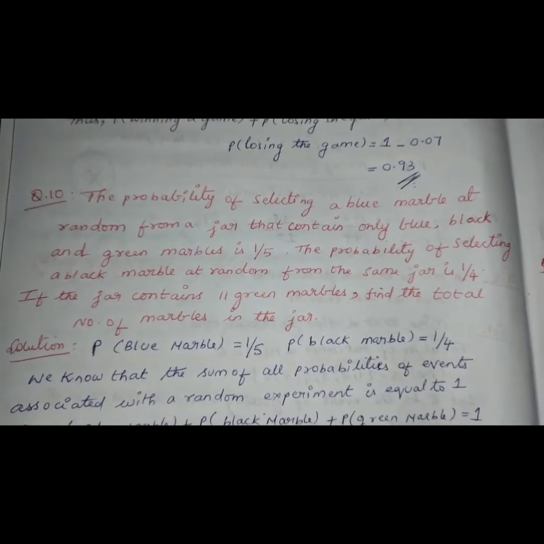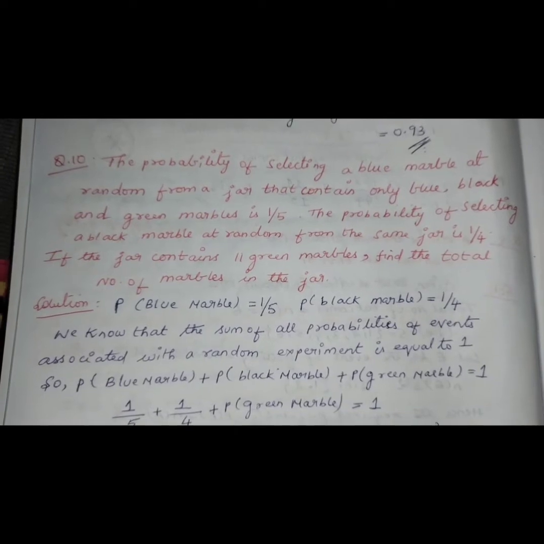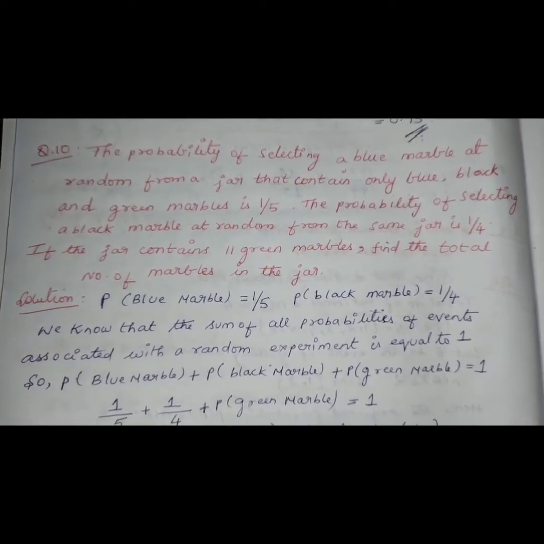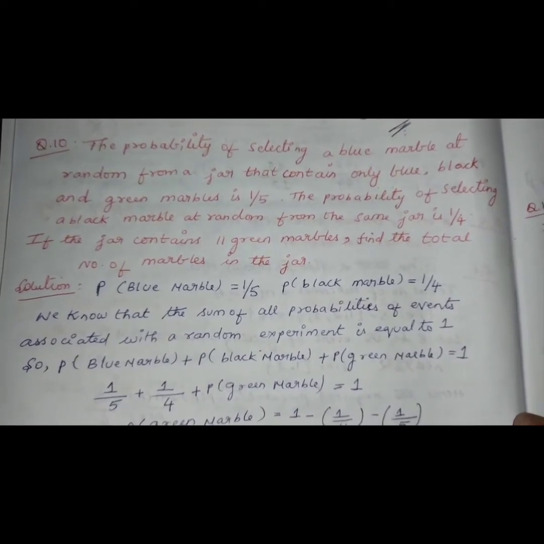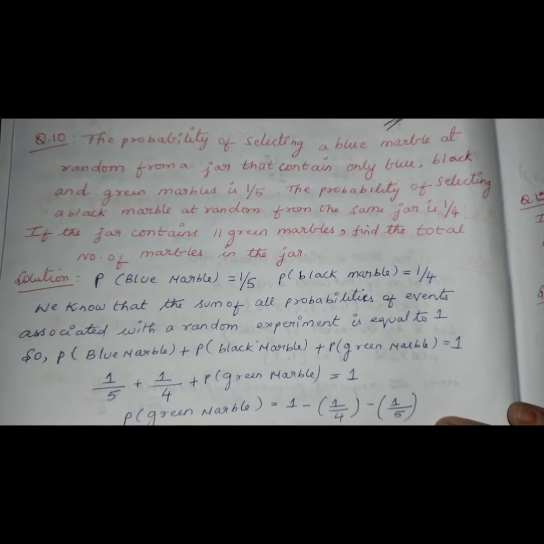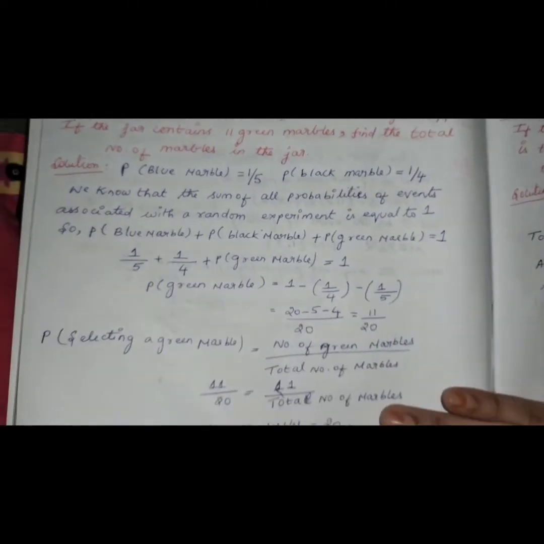The probability of selecting a blue marble at random from a jar that contains only blue, black and green marbles is 1/5. The probability of selecting a black marble at random from the same jar is 1/4. If the jar contains 11 green marbles, find the total number of marbles in the jar. So the solution: